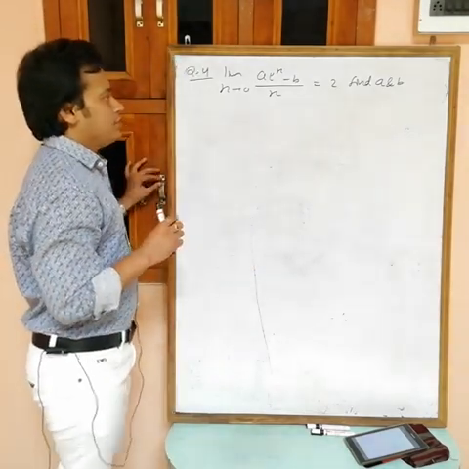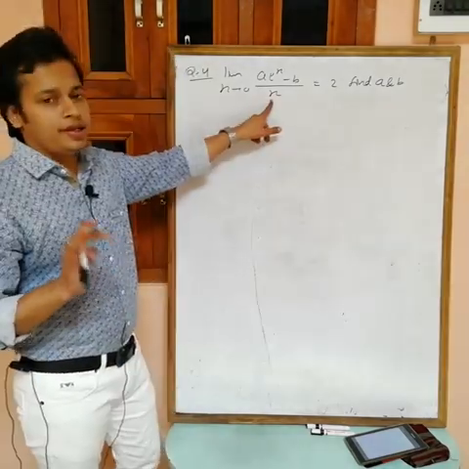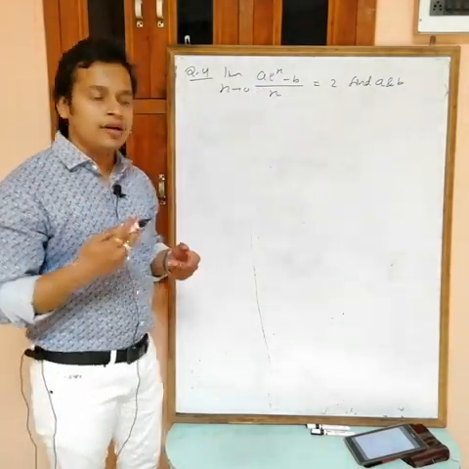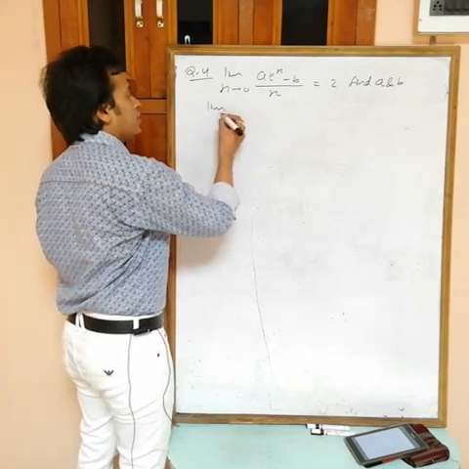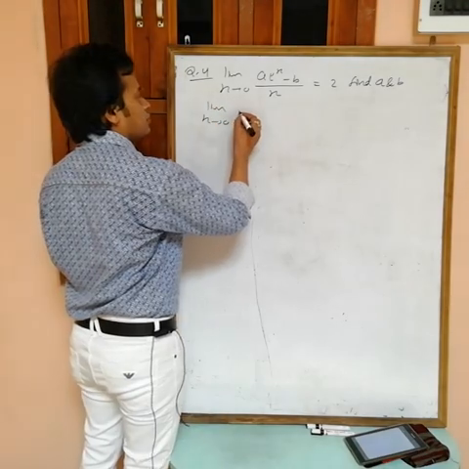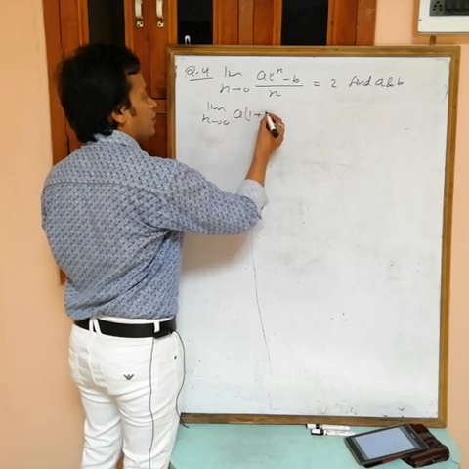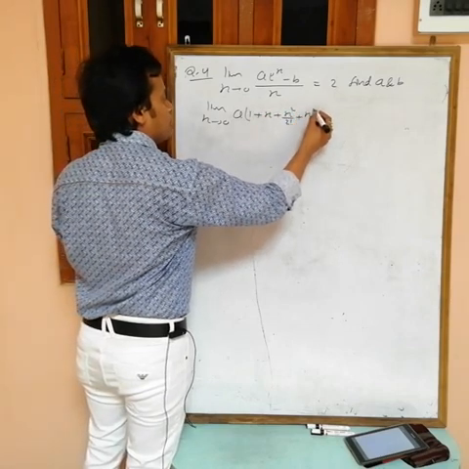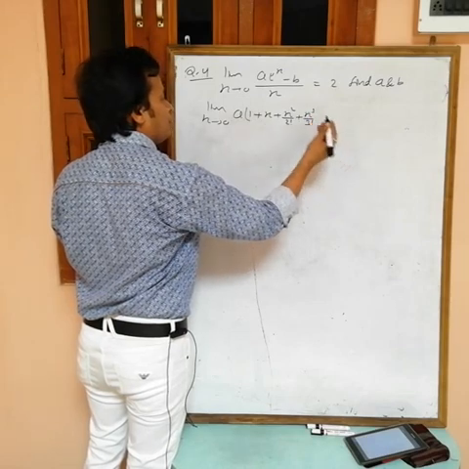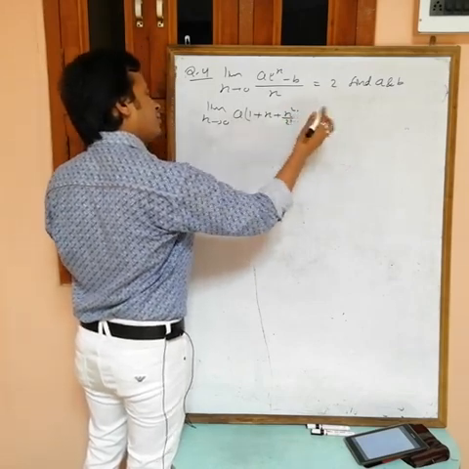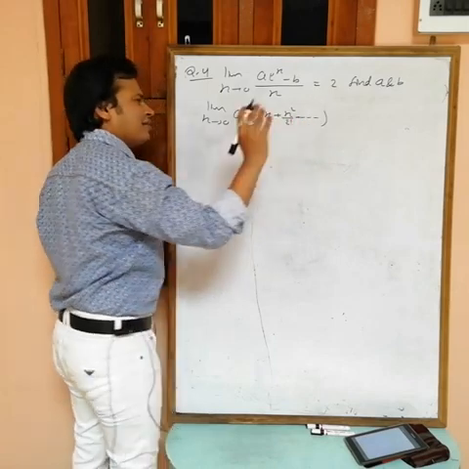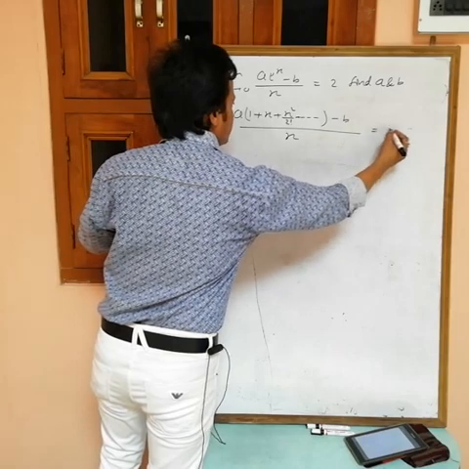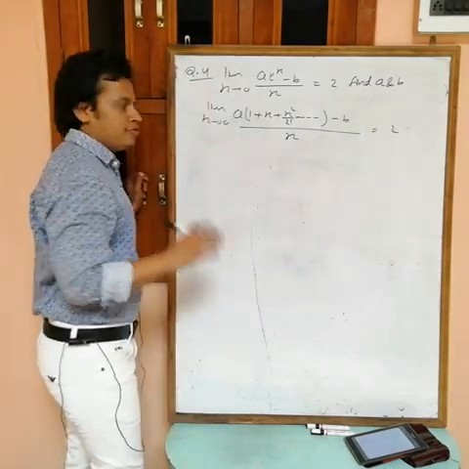Okay, now see, this is x. I can also write e power x in terms of x. Write limit x tending to 0, the expansion of e power x is 1 plus x plus x square by 2 factorial plus x cube by 3 factorial, up to x square, three terms are enough, now minus b by x. It is given that this limit is equal to 2.